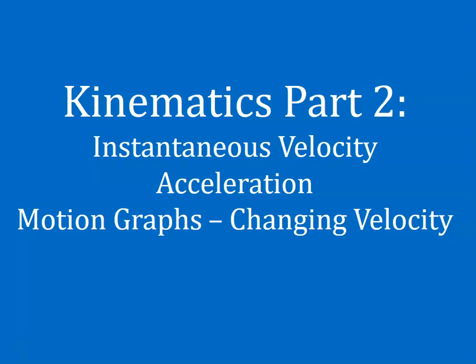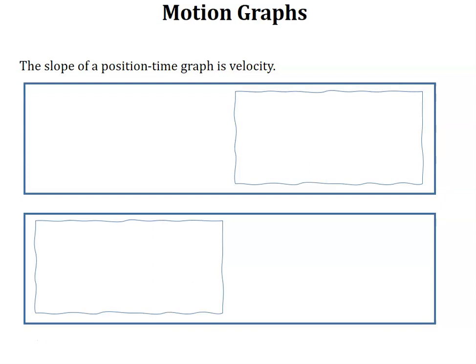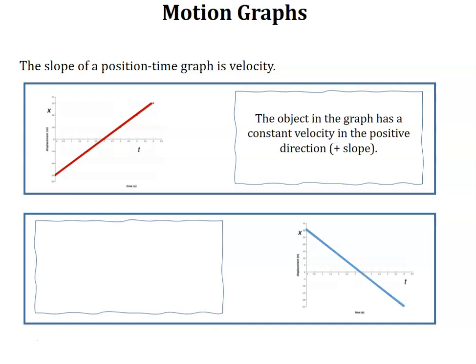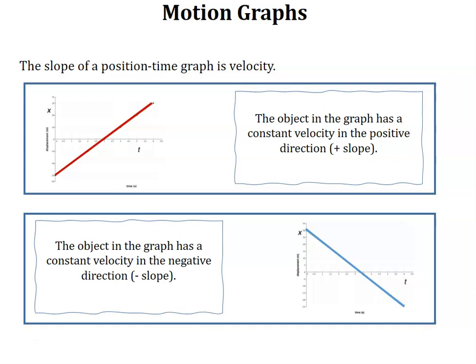This video is going to focus on the other half of motion graphs, where we're going to talk about changing velocity, and we're going to include instantaneous velocity and acceleration. So we talked in the last video about the slope of the position time graph being velocity. When we have a slope that is in the upward direction in a straight line, that is an object that has a constant velocity and the slope is in the positive direction, so the velocity is in the positive direction. If the slope is downward, the object in the graph has a constant velocity in the negative direction